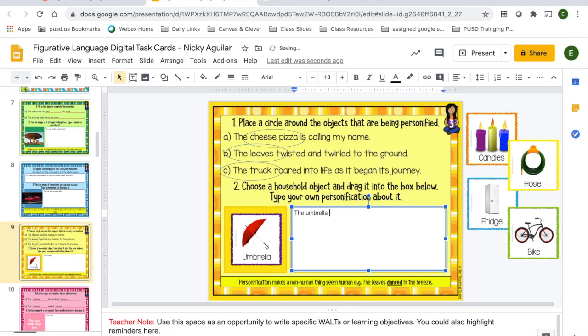So the umbrella popped open energetically, right? So does an umbrella pop open with energy ever? No, not really. But in this case, we are personifying the umbrella to say that it popped open, right? So that we're giving it lifelike qualities. That's essentially what we're doing when we personify something. We're going to give it lifelike or human-like qualities,